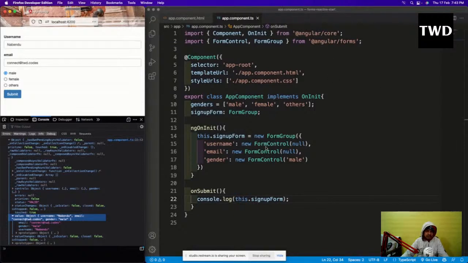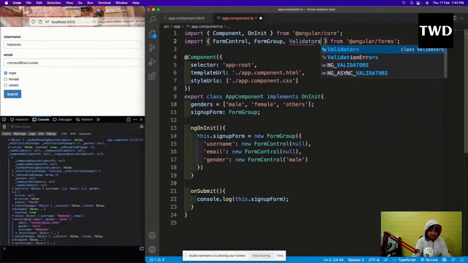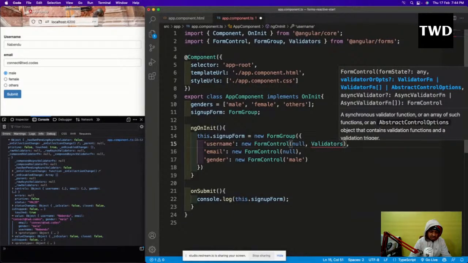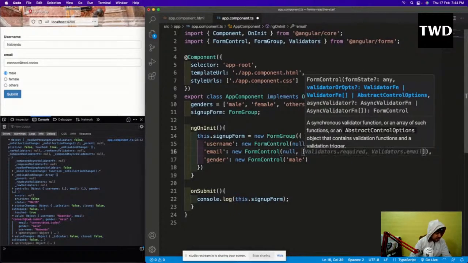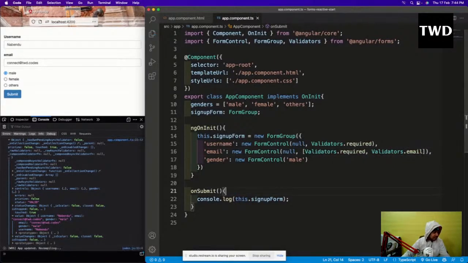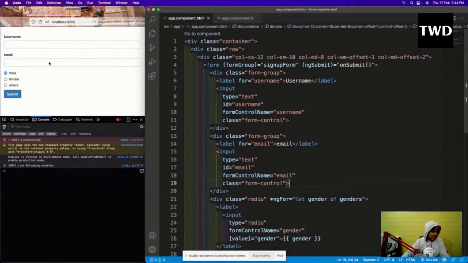So for that, in the app.component.ts file, I will add the validators. Here we use null, comma, Validators.required. And if we want to use two validators, we have to use them in an array. So Validators.required and Validators.email we have to do, and let me save it. Now it is there, and again we are going to the html and we are going to have something like please enter a username.